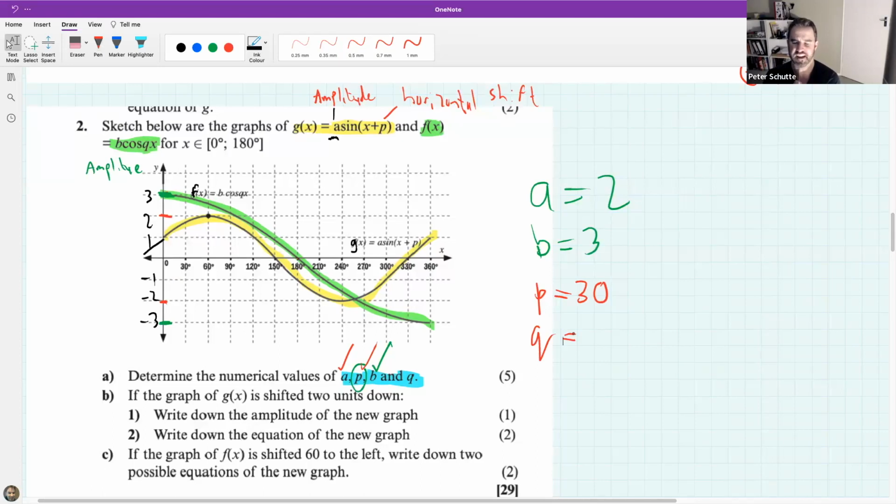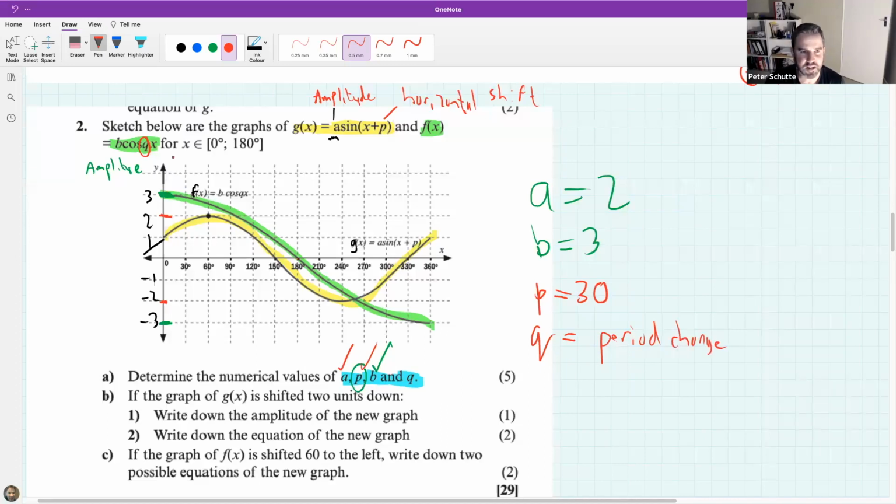What does Q even affect? What should I be looking at for Q? Normally the letter Q stands for the vertical shift. You're absolutely right, Tim Baker. But the problem is, look where this Q is sitting. This particular Q is sitting in front of the X, which means it's dealing with a period change